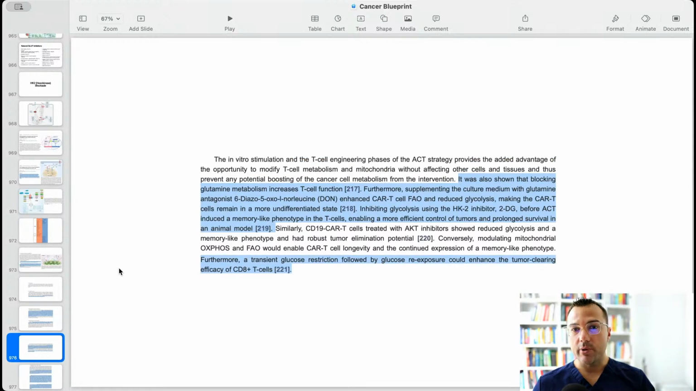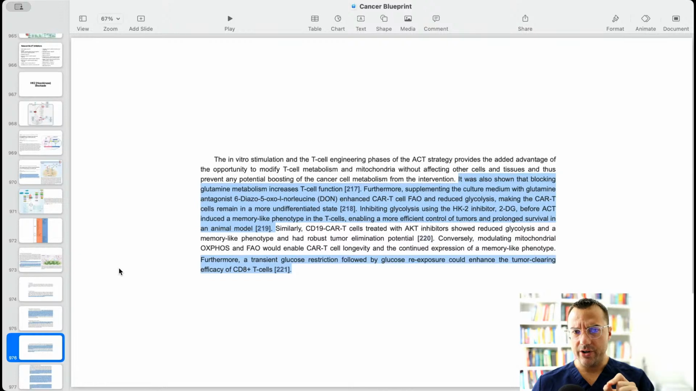Later, it says, it has also been shown that blocking glutamine metabolism increases T cell function. Furthermore, supplementing the culture medium with the glutamine antagonist DON, 6-diazo-5-oxo-L-norleucine, enhanced CAR T cell fatty acid oxidation and reduced glycolysis, making the CAR T cells remain in a more undifferentiated state. Inhibiting glycolysis using the hexokinase 2 inhibitor 2DG before ACT, that's an immunotherapy, induced a memory-like phenotype in the T cells, enabling more efficient control of tumors and prolonged survival in animal models. So